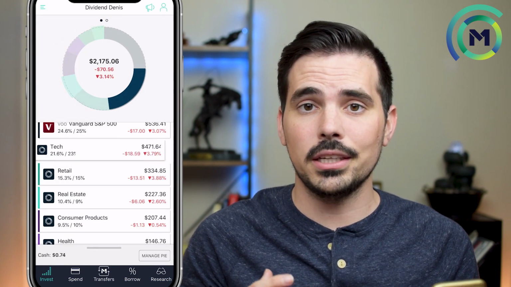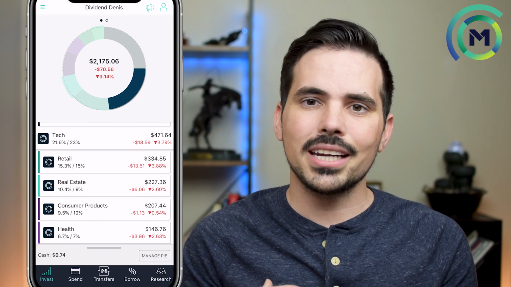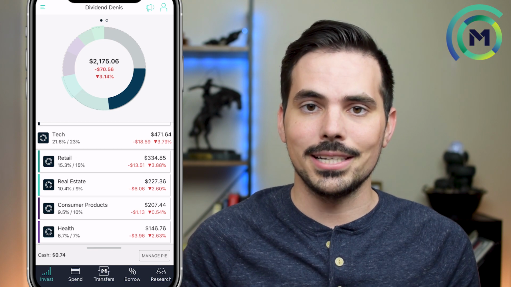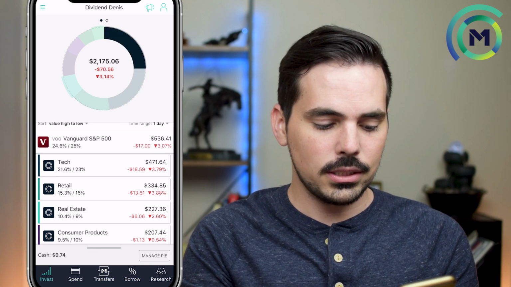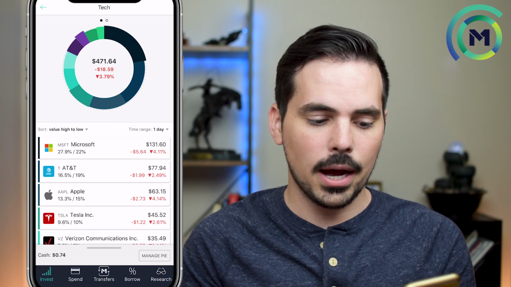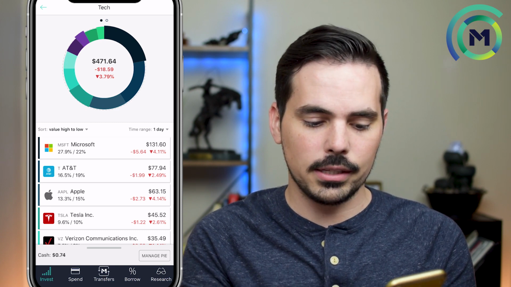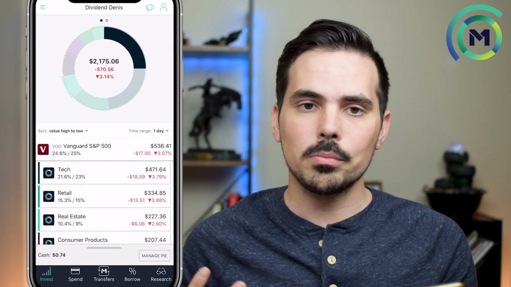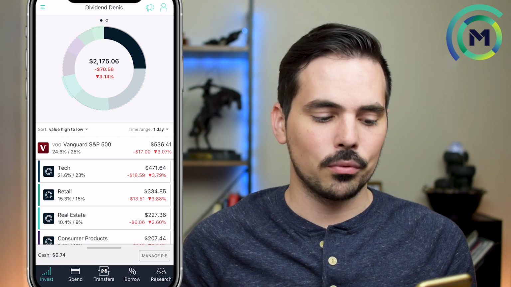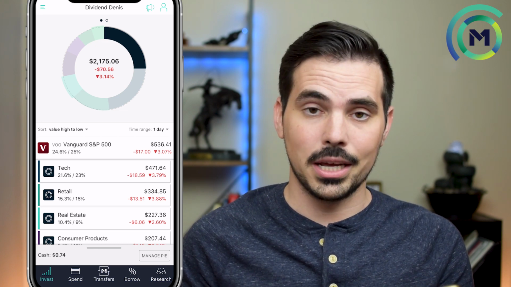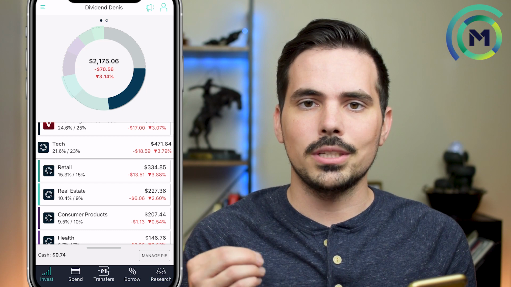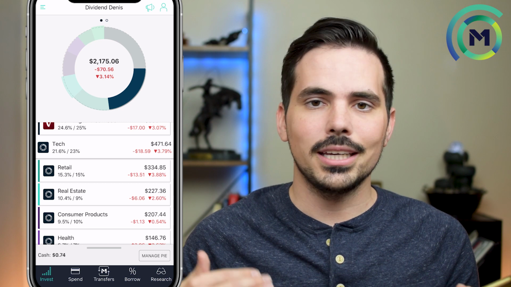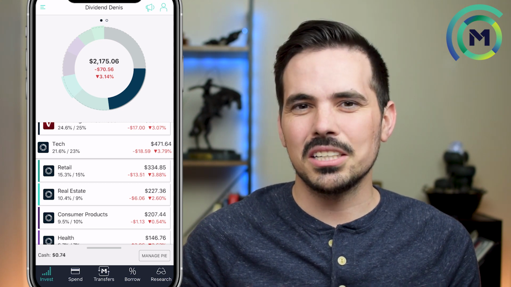Now, the benefit of having individual pies or sectors is that I can see how those funds as a group are doing overall in comparison to my pie in general or my overall portfolio. So you can see here, I can jump into my overall tech pie and see that just this tech pie in the last day is down about 3.79%. But if I go down to my overall portfolio, you can see here that my overall portfolio is only down 3.14%. So that just gives me some insight that my portfolio in this sector is going a little bit lower than my overall, but that's okay. But again, it gives me that insight that I can use,